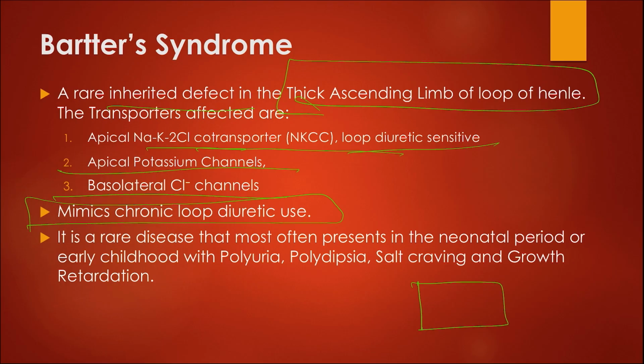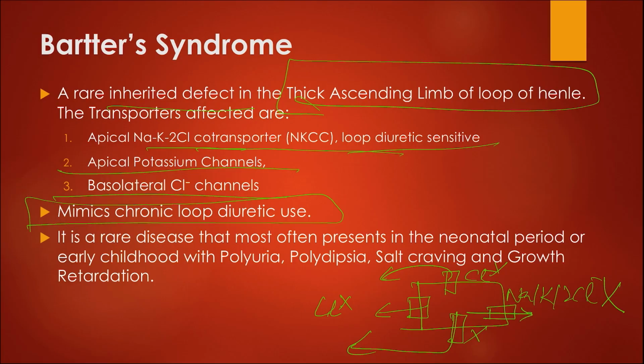Actually, if there is a defect in the sodium potassium 2 chloride cotransporter, then we have chloride channels through which chloride exits and then gets reabsorbed. This is also having some problem. That's why they are not able to work properly. And then we have these potassium leaky channels. They are also not functioning very well. That is why these patients have effects similar to those